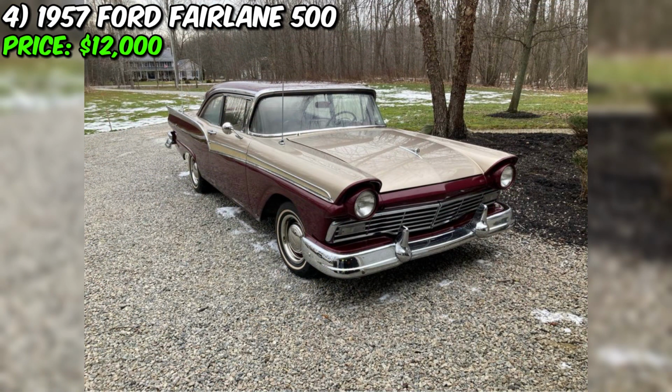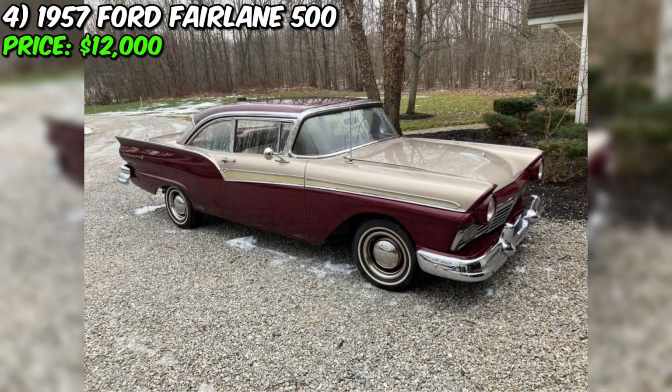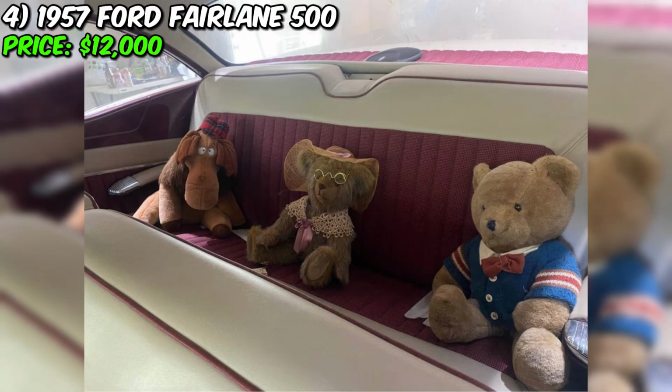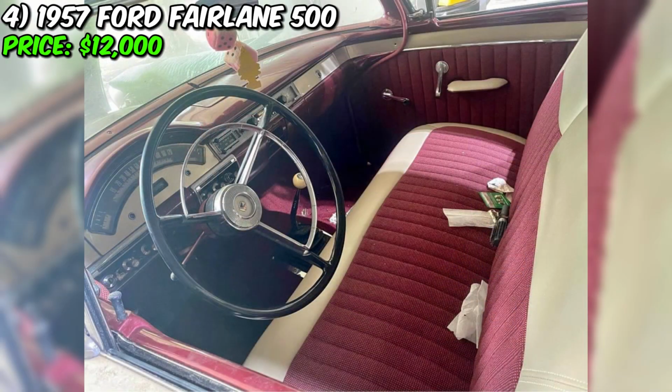This car is not just a means of transportation, it is a work of art created with a love for details. The seller assures that the car will open up a world of style, elegance, and uncompromising performance to the new owner. It comes with a clean title, and the selling price is $12,000. This Ford Fairlane 500 represents a unique opportunity to add to your collection or become the first fortunate owner of